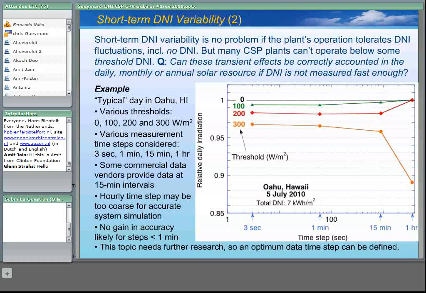So the other conclusion is that going from a 1 minute time step down to 3 seconds, you don't gain much in accuracy. So the main gain is to go from 1 hour to 15 minutes and hopefully to 1 minute. So this topic needs further research, and hopefully in the future we'll set up an optimal data time step for